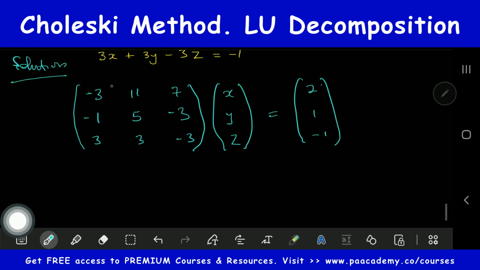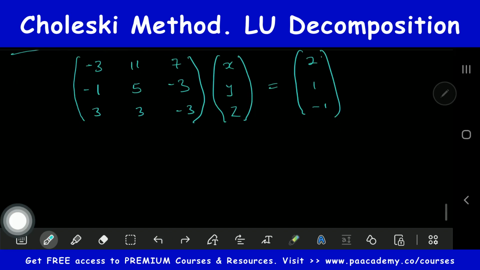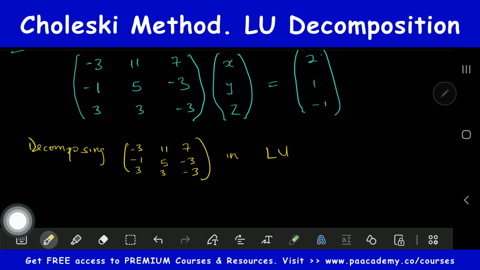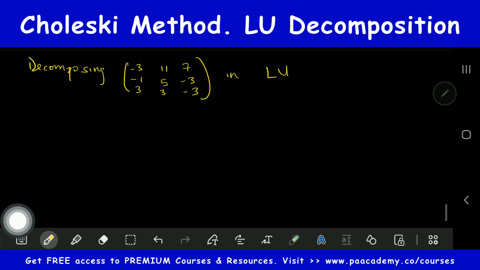The next thing is we want to decompose this. Let me make a note here that decomposing, that's what we have here: the matrix with rows minus 3, 11, 7; minus 1, 5, minus 3; 3, 3, minus 3, into LU. So that will now be looking like this: the matrix minus 3, 11, 7; minus 1, 5, minus 3; 3, 3, minus 3, equals